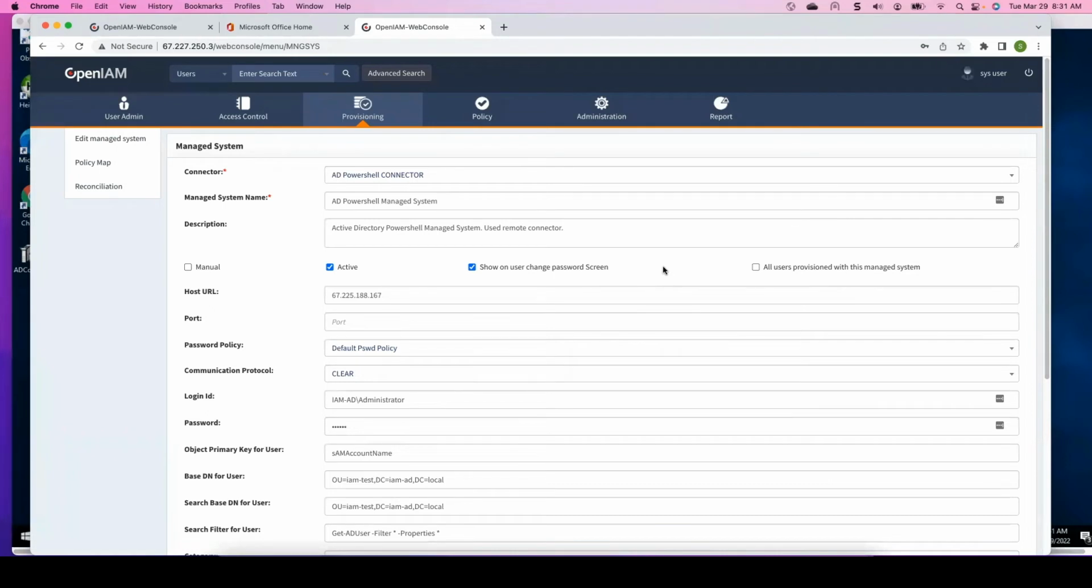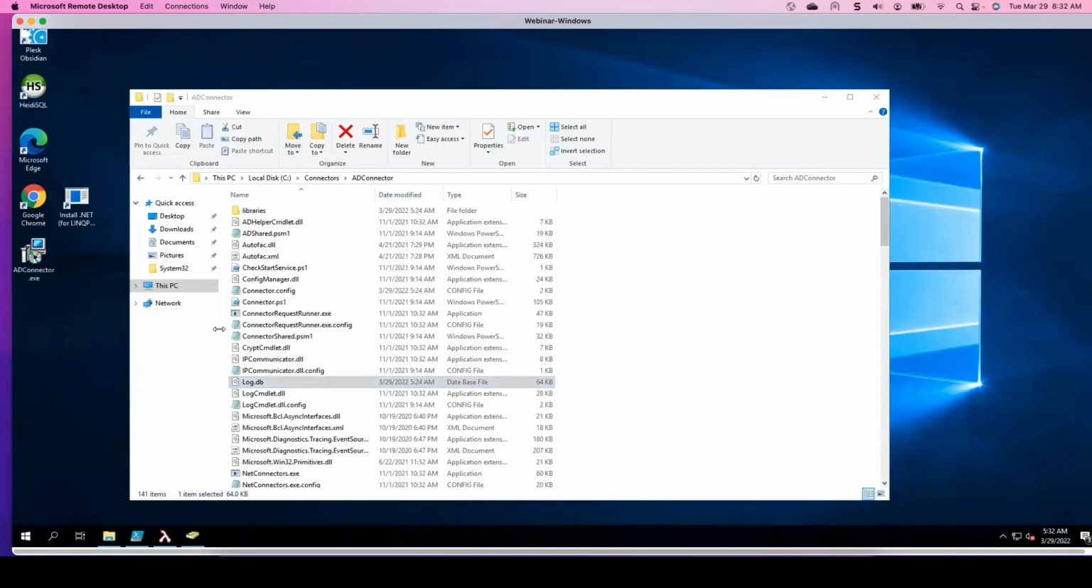So now that we have our managed system information in place, we're connected. Let's take a look at our Active Directory. So we have some very simple data here, right? So if we open up our AD,